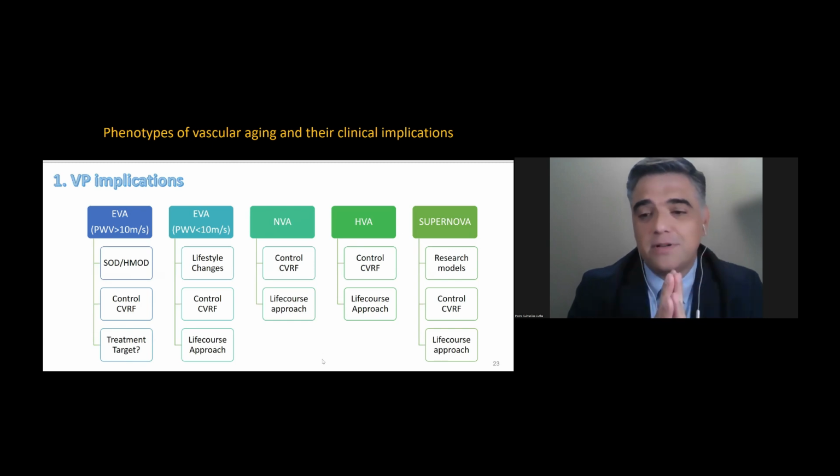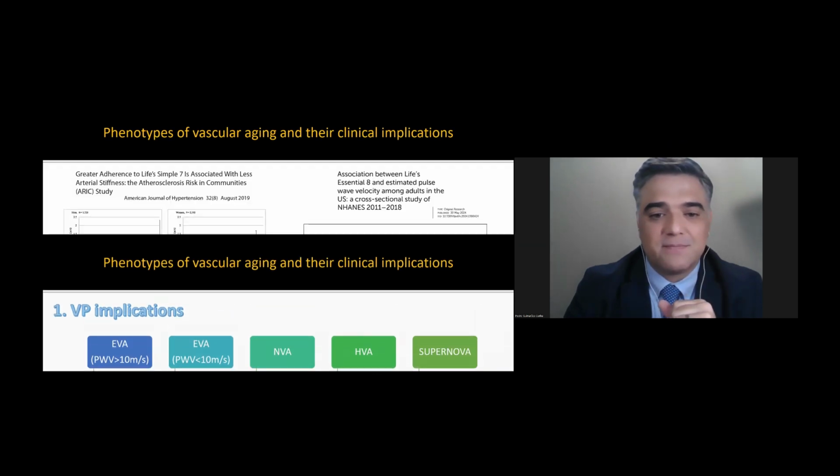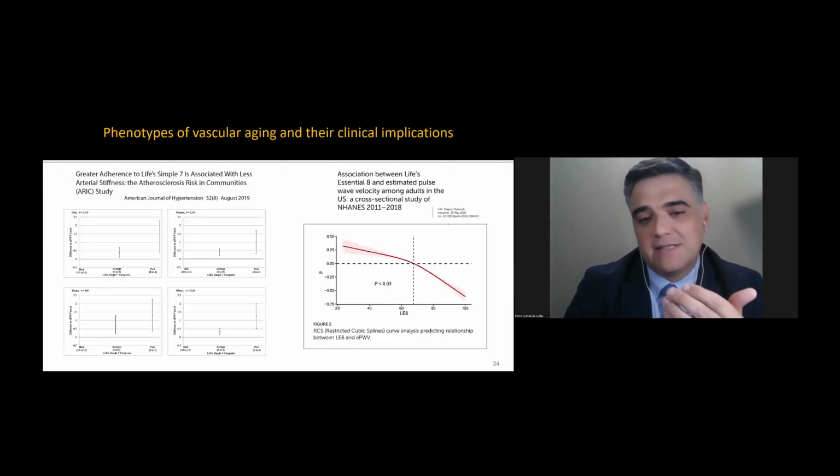And you leave the supernova group for research models, obviously not forgetting the lifetime and the life course approach, and the understanding that these patients, for some reason, for some exposure at a particular time of their life, may, of course, change their phenogroup and be in need of some sort of intervention. But let's look at how we see this evidence through the eyes of very important